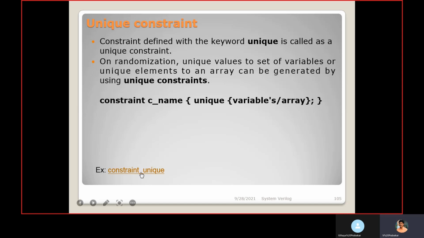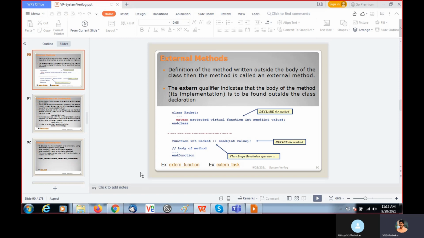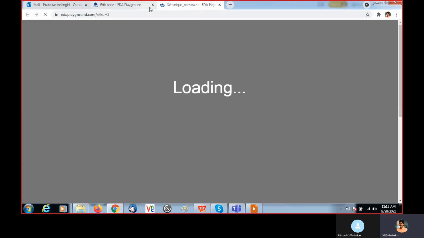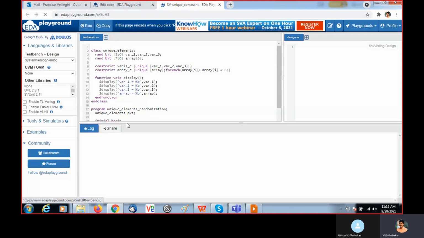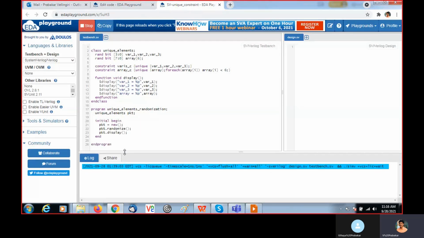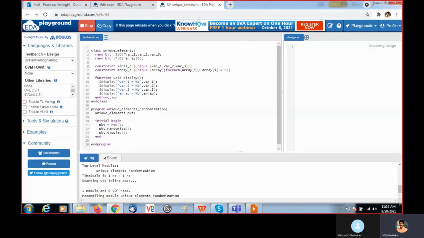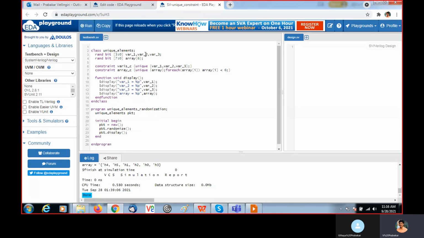For example, here I declare 3 variables, variable 1, variable 2, variable 3, all declared as random, all 4 bits. And I declared a static array of size 6, that also I declared as random.